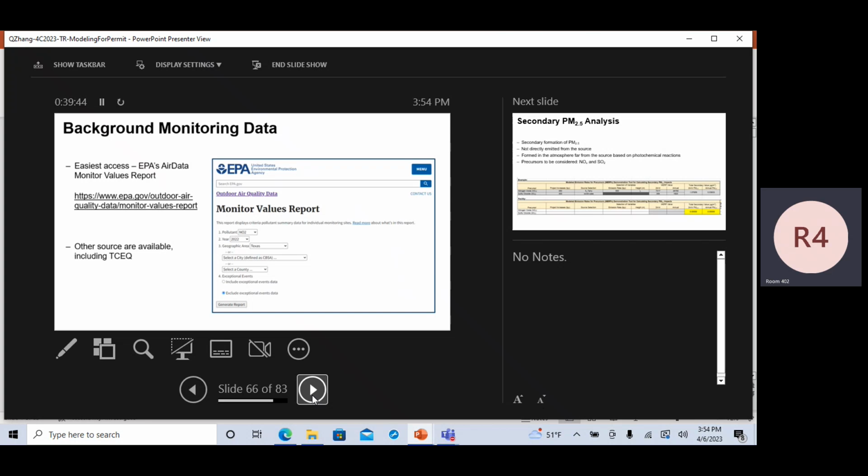I would always use exclude for now, and other sources are also available. This run will basically tell you that year's high value. You just use that. But if you're not trusting that data, or that data may have some quality issue, you can go to TCEQ. You have every hour of data, and you can do your own work to figure out the high or annual average. You can do that, but